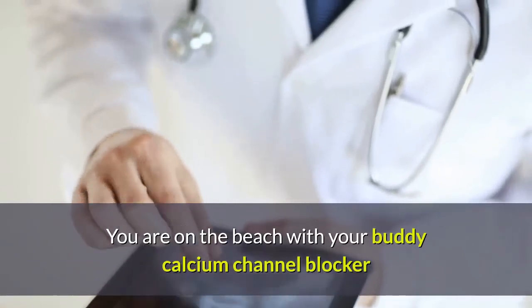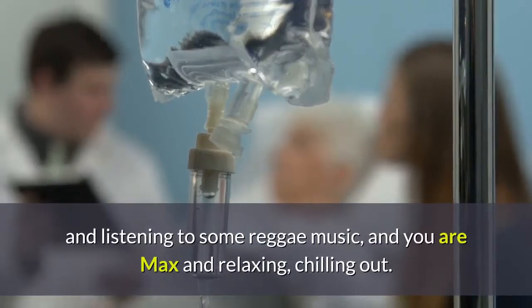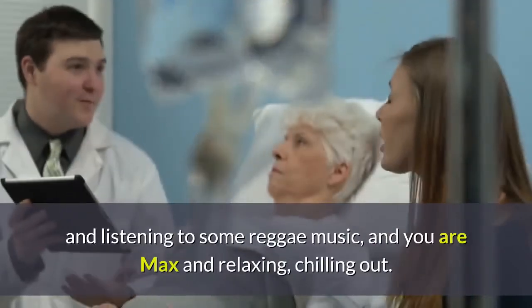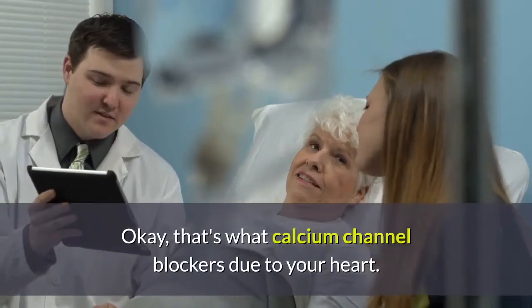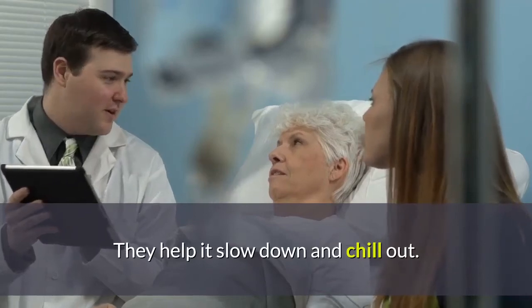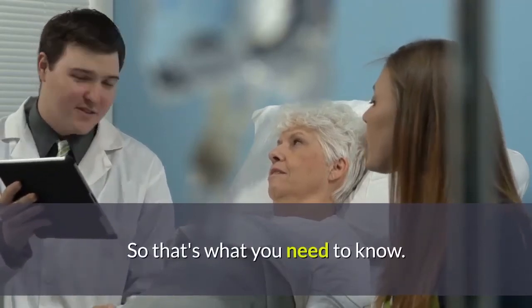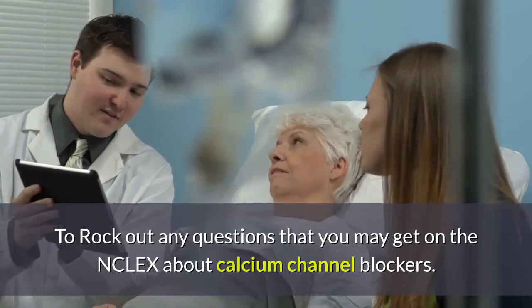So remember, the big takeaway from calcium channel blockers is this picture in your head. You are on the beach with your buddy calcium channel blocker and listening to some reggae music, and you are maxing, relaxing, chilling out. Okay, that's what calcium channel blockers do to your heart. They help it slow down and chill out. Right? So that's what you need to know to rock out any questions that you may get on the NCLEX